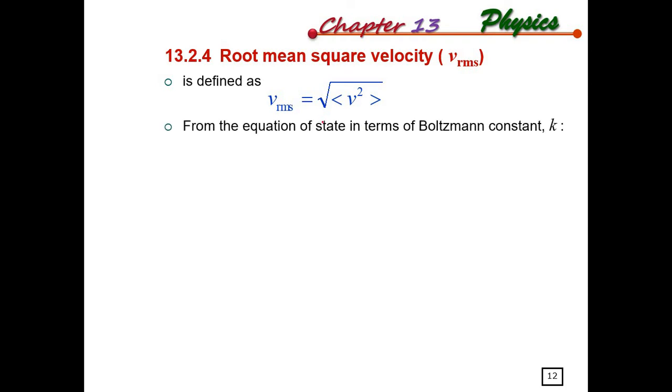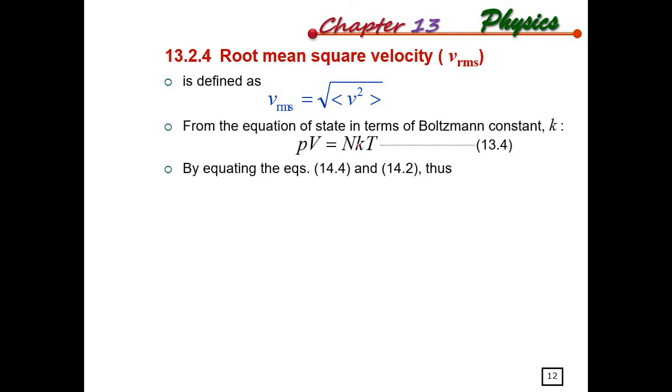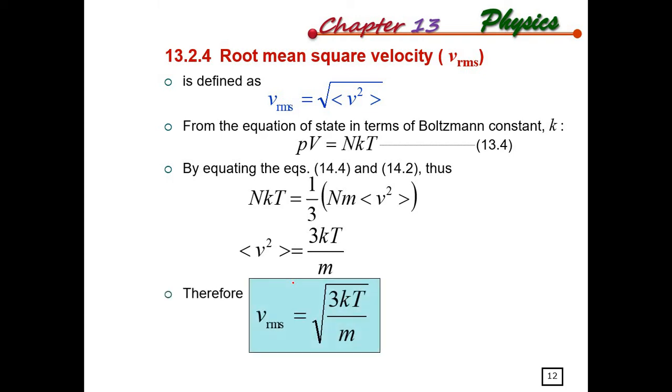Here we can get the equation by using the Boltzmann constant, PV equals NkT. Then equate these two equations, we get NkT equals 1/3 N m times the mean square velocity of the molecules in the container. And then we get the mean square velocity of the molecules in the container equals 3kT over m. Now we take the square root, therefore the VRMS, the root mean square velocity, equals the square root of 3kT over m,